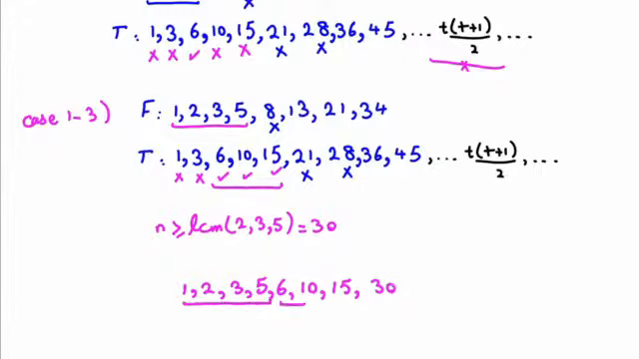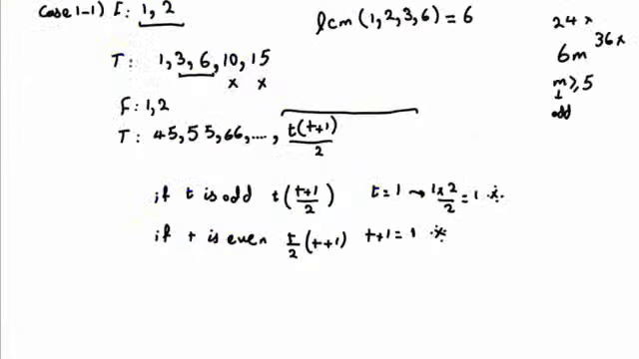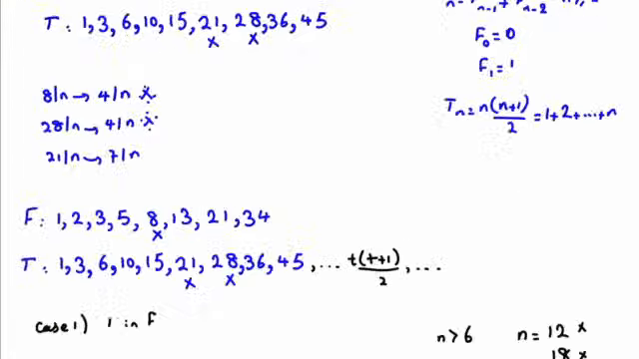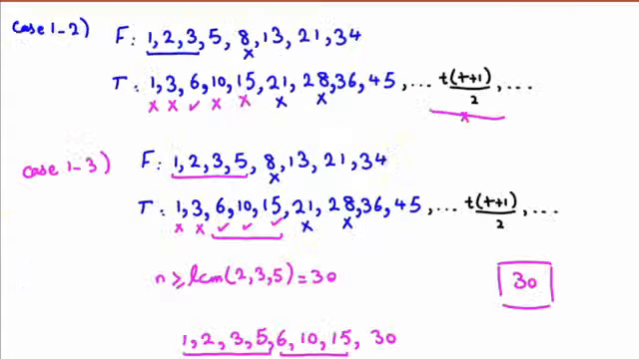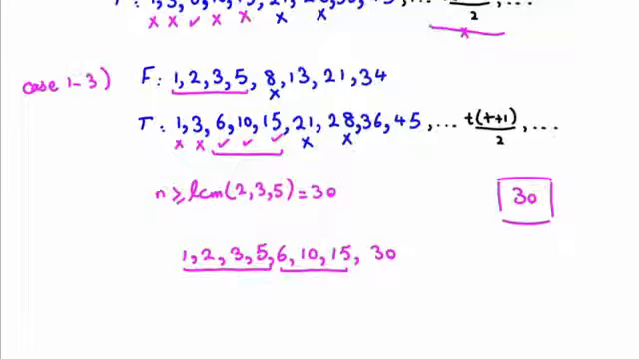1, 2, 3, 5, and 6, 10, 15. So 30 is the first good number that we found. Now let's consider case 2. Case 1 was what? That we use one that is in F. Now we want to use one that is in T. So if we do that, let's consider case 2,